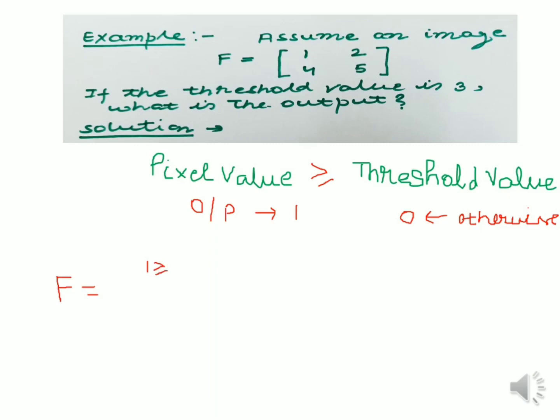The first pixel value intensity is 1, second one is 2, and each and every component is being compared with the threshold. This is 5. Now let us check the condition.